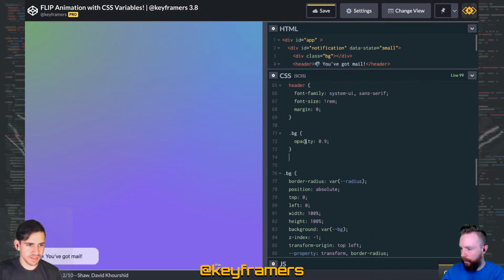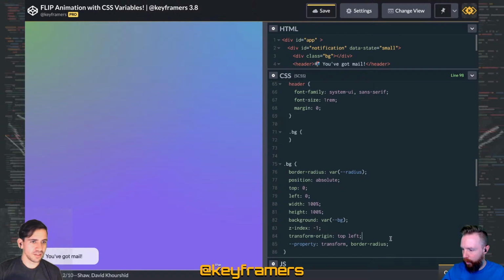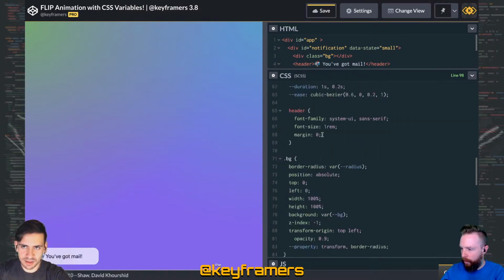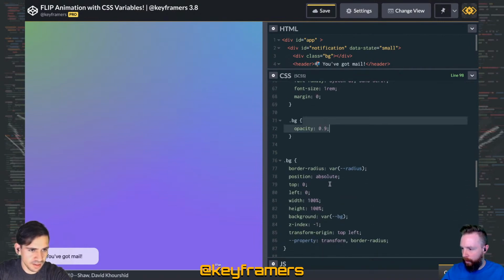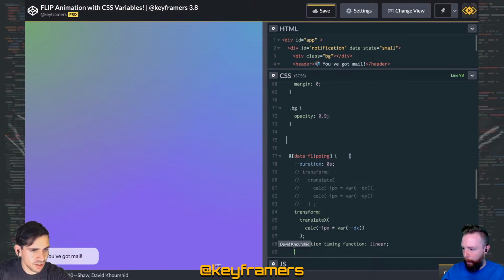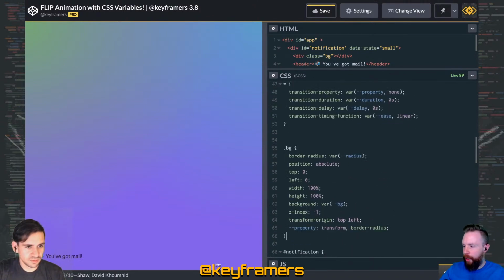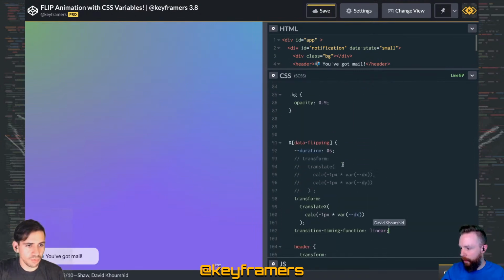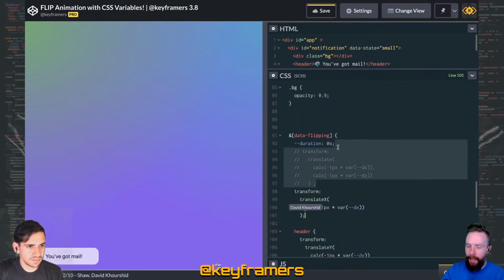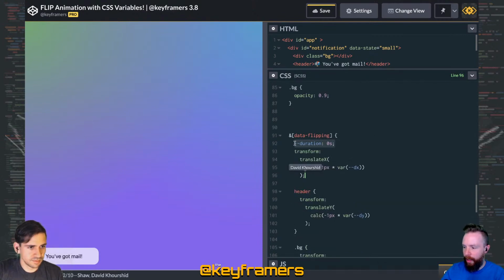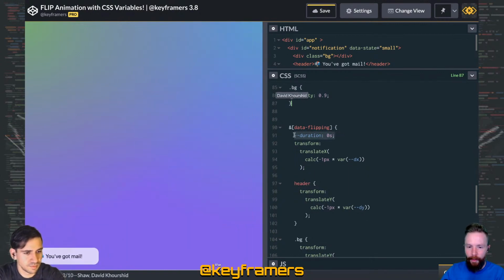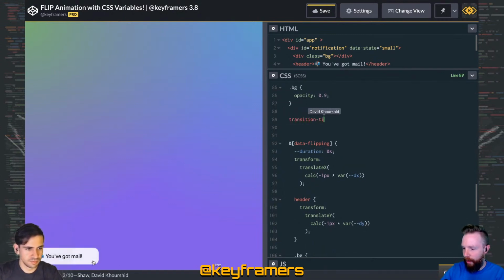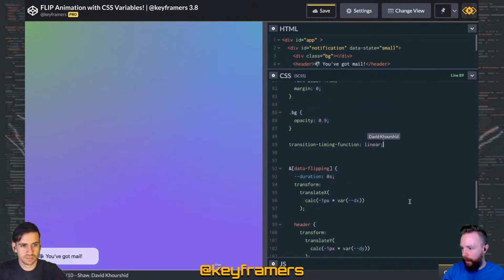parent's component doing the translate X part of the animation, and so we could play around with things like the duration, or probably not the duration, but the timing function of that, which you said I can't change here. Well, you don't want to change it in the data flipping. Oh, right. And so one thing I changed here, using duration 0 seconds instead of transition none, because we're using CSS variables for all that, that now applies to everything underneath it for this data flipping state. So that